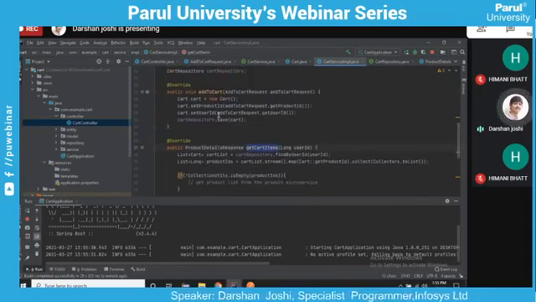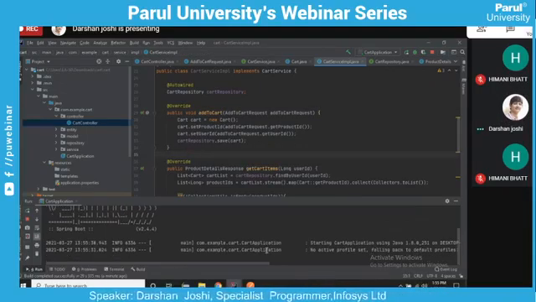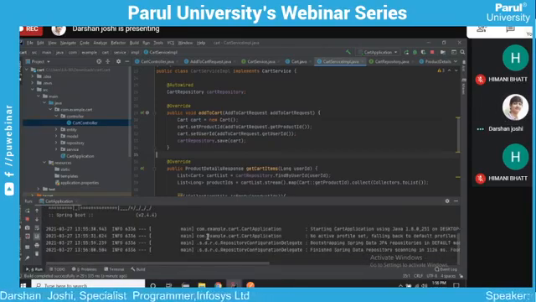So there are two APIs which I mentioned: add to cart and get cart items. It will take some time because we have integrated the database with this.